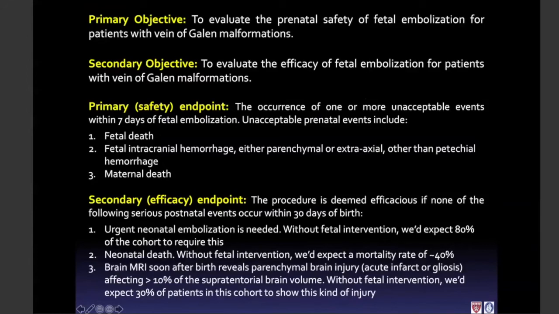Death, we would expect a mortality rate of about 40% in this cohort based on the Great Ormond Street paper and the other literature I showed you. And of course, if brain MRI after birth reveals those kinds of parenchymal injuries that I showed you, that's a treatment failure. The goal is not only to avoid